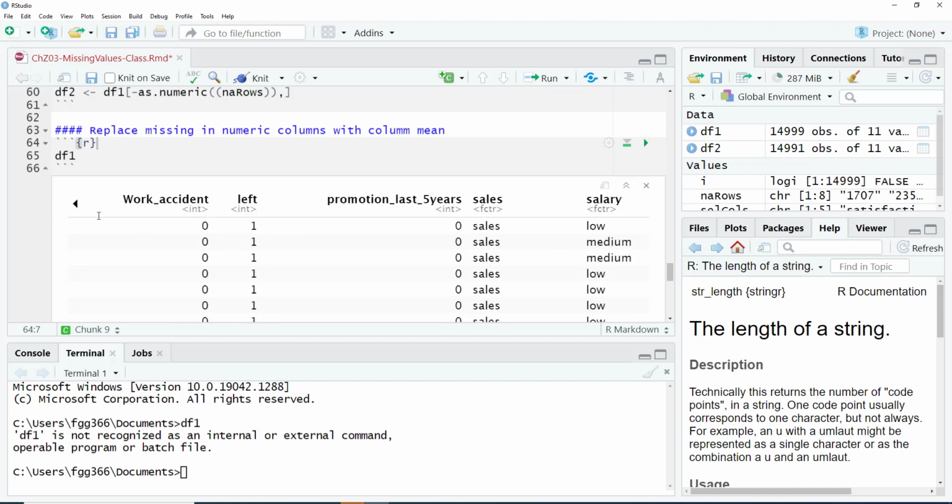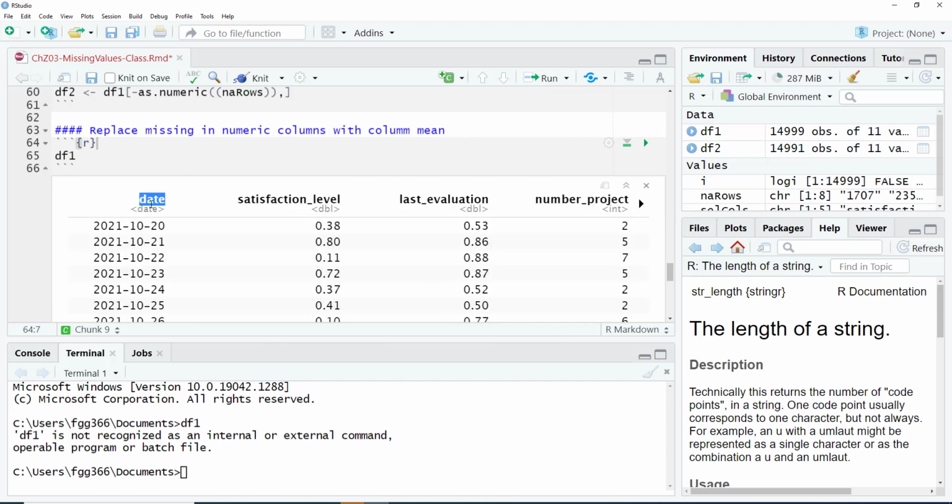So all of these are numeric columns, except for the first one and the last two. There are 11 variables in total. So 10 and 11 are factors, and 1 is the date. So what remains is 2 through 9.